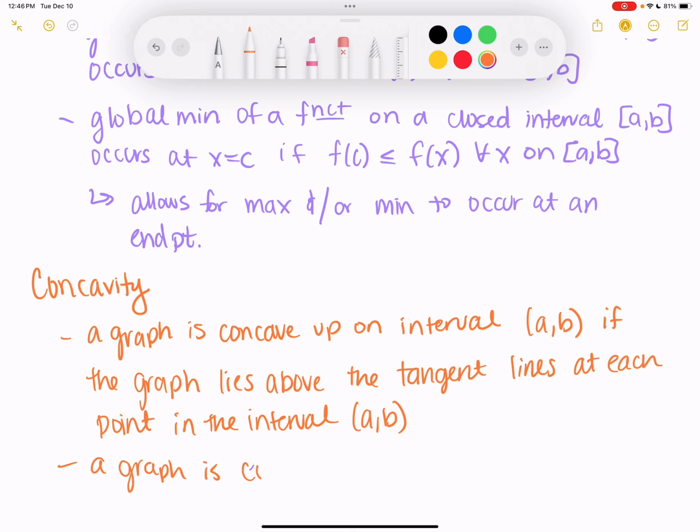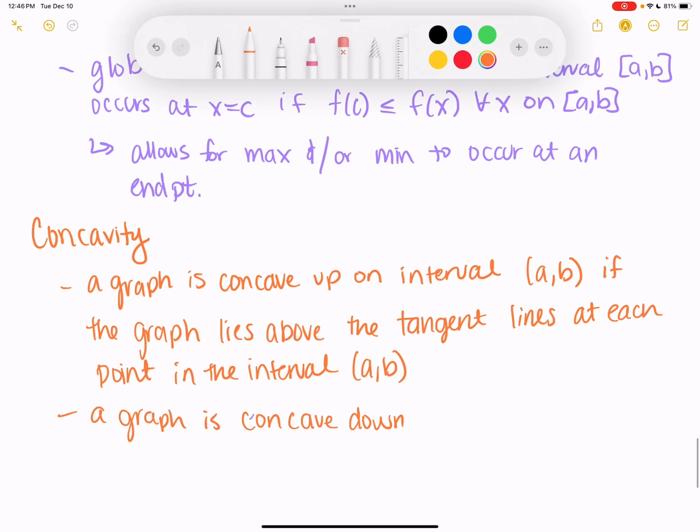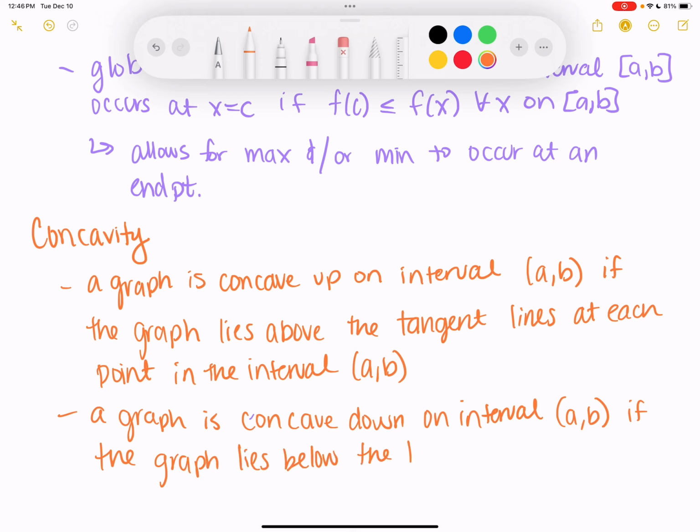a graph is concave down on the interval A to B if the graph lies below the tangent line at each point in the interval A to B,